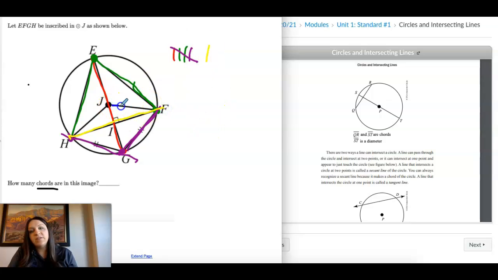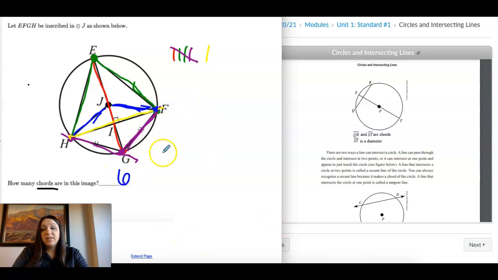So these lines are not chords because they only are on the edge of the circle at one point. These would be considered radii. So there's 6 chords in this circle. And that's it for this one. So if you need to go back and look, remember there's